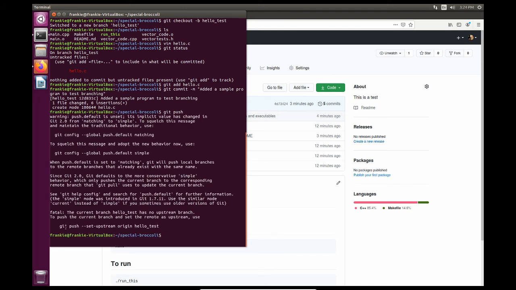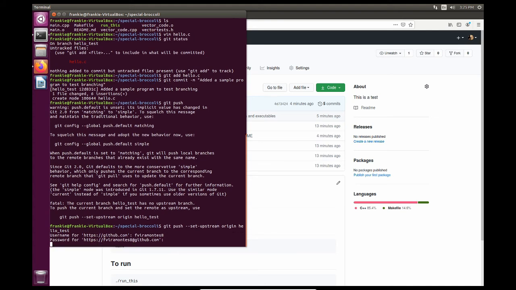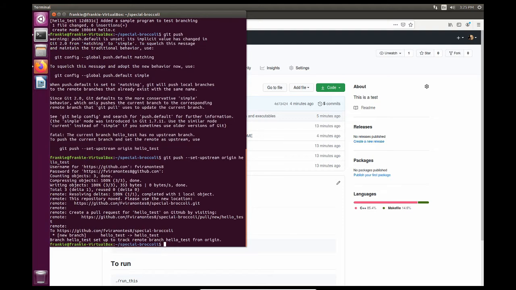well, I need to change the upstream of the push. So I will type git push --set-upstream origin hello test. That is because this is used to putting our code into the master branch. But since we exchanged branches, we need to tell Git that we did that. And this is usually a one-time operation. You use that at the beginning when you first create a branch and such, because now we have added stuff